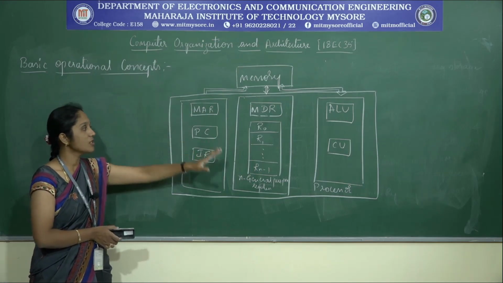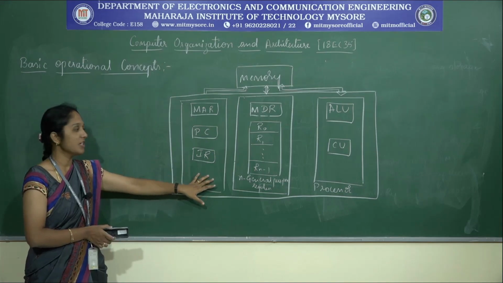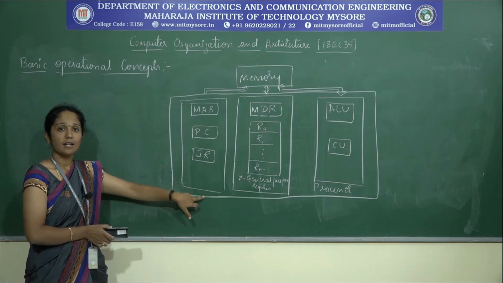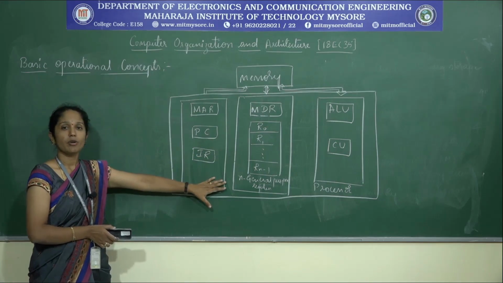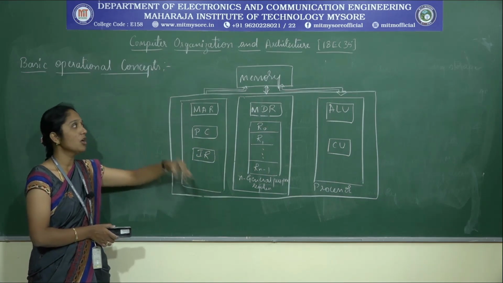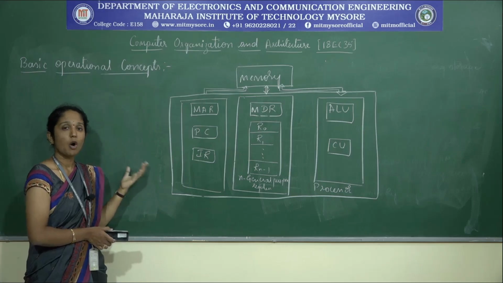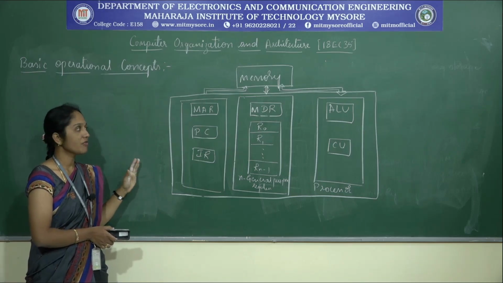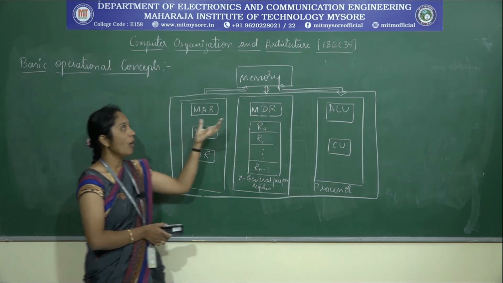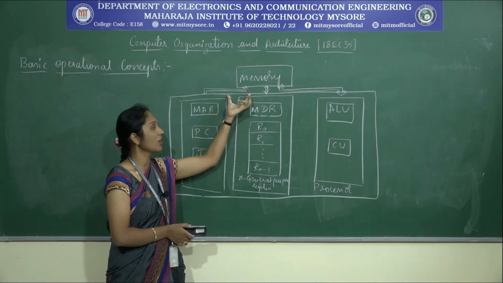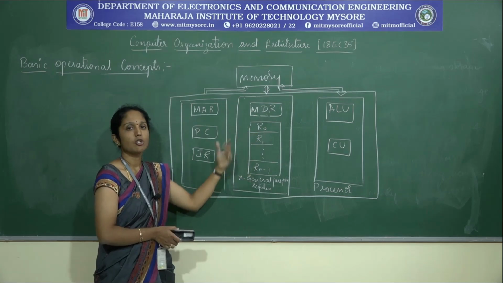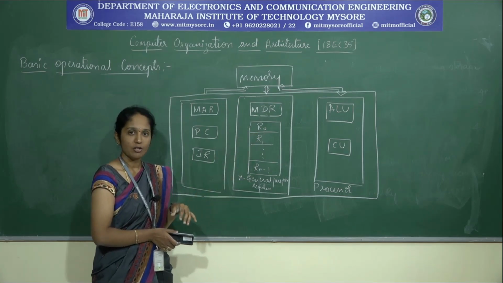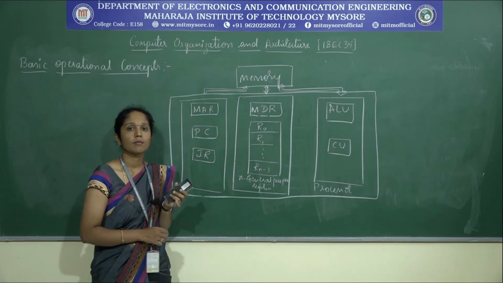So these are all the roles of the registers present in the processor. As I discussed, the registers inside the processor are fast compared to the memory, which is present outside the processor. For that reason, the data operands present in the memory locations will be fetched and stored in the registers in order to perform the arithmetic and logic operations.